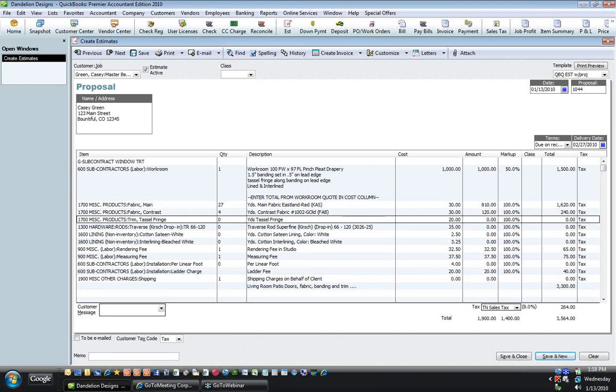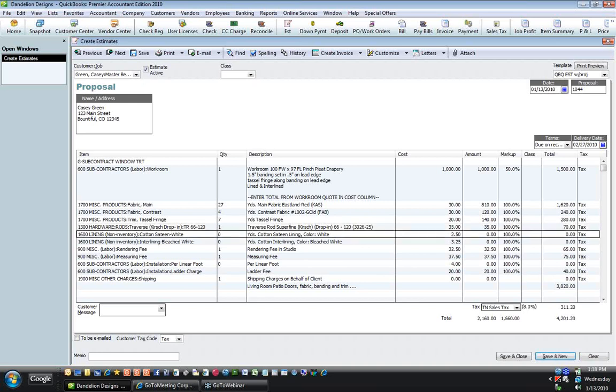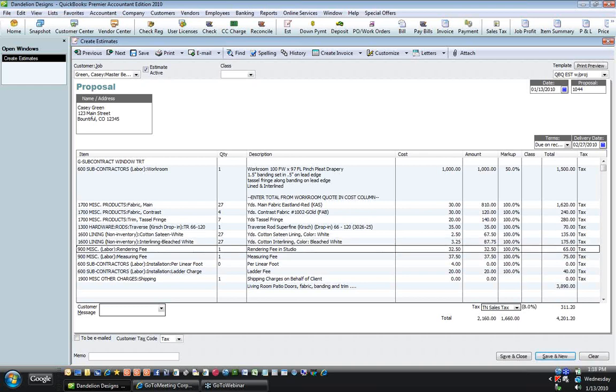and we need 1 Kirsch superfine rod, and we need 27 yards of sateen lining, and we need 27 yards of interlining, 1 render fee, 1 measure fee, and then in the linear feet, we know that we'll need 9 linear feet,